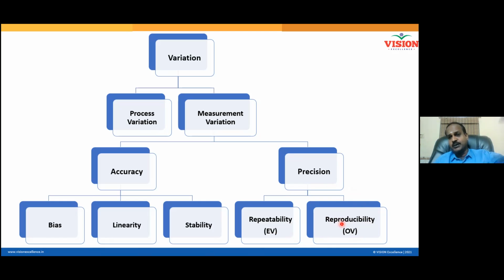Since you involve so many data collectors and everybody can measure the way they want, everybody can give different levels of error. What kind of error are you committing? Reproducibility error. And each individual, when collecting data repeatedly, needs to be consistent. That is not happening. Individually, each one may commit repeatability error. When you combine the two, it is called precision error. Do all of you understand all the terms in the slide?